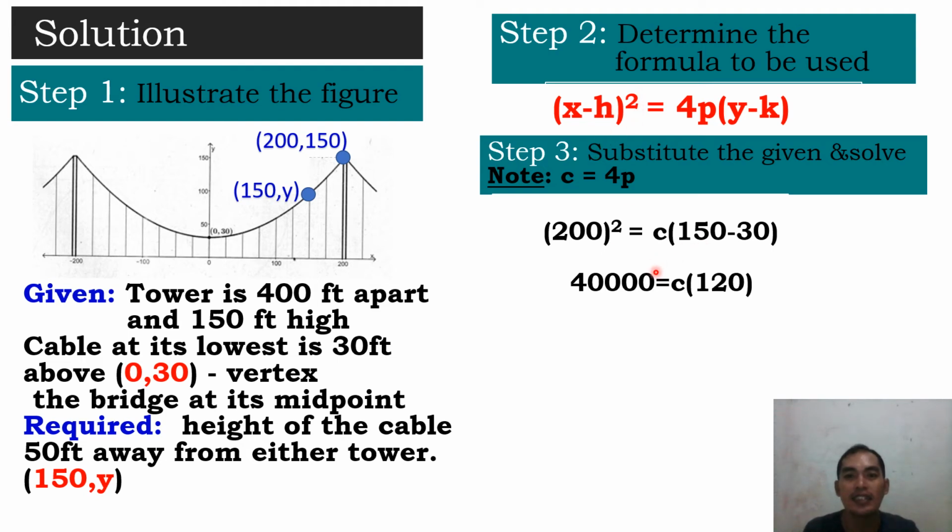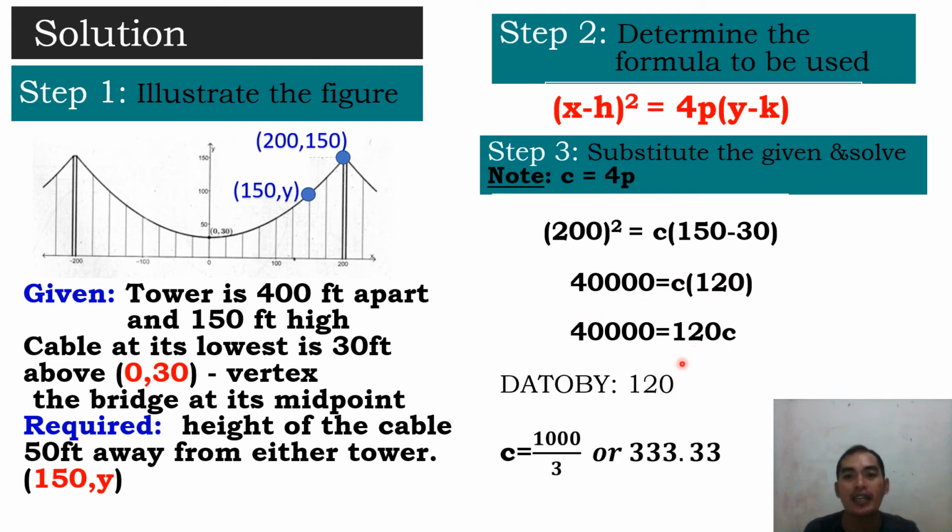40,000. Okay? Then, our y is 150. And k is 30. That's referring to the vertex y value. So 150 minus 30 is 120. And 4p is represented by c. Then divide both sides by 120. So therefore we have